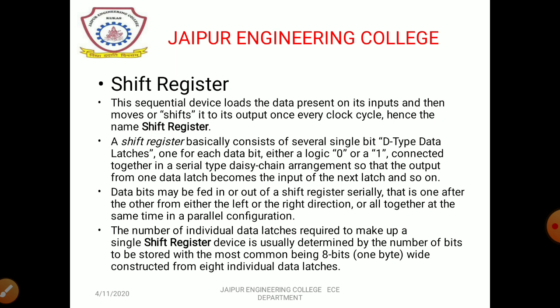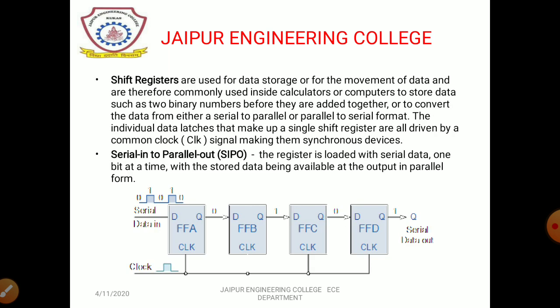The number of individual data latches required to make up a shift register device is usually determined by the number of bits to be stored, with the most common being 8-bit, 1 byte wide, constructed from 8 individual data latches. A shift register can also be used for the storage of data,